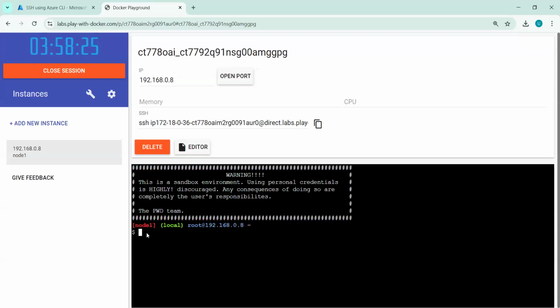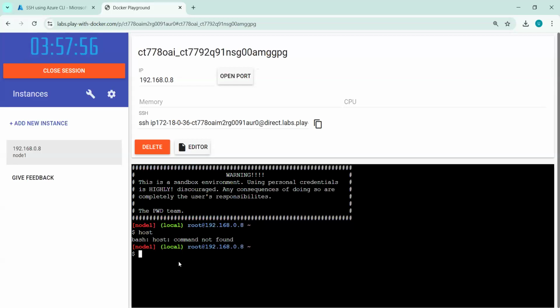So let me type host and it will show that the command is not found because, as I told you, this is a container. So some commands will not work. And you will experience this when you are working on Linux distributions. Some commands will not work with some distributions, so you need to install the relevant packages for that.